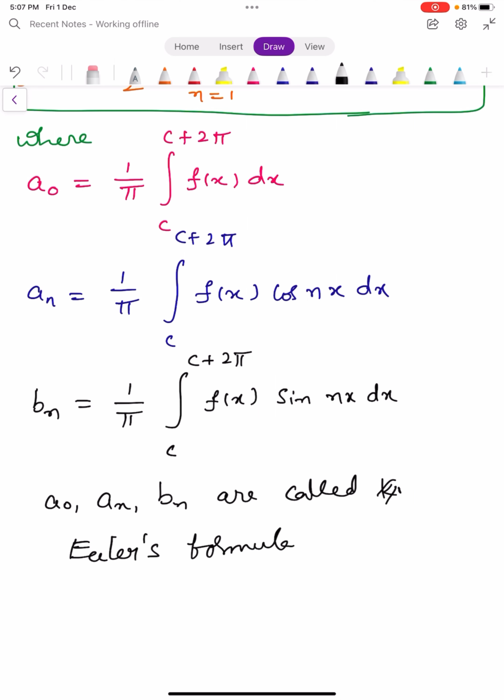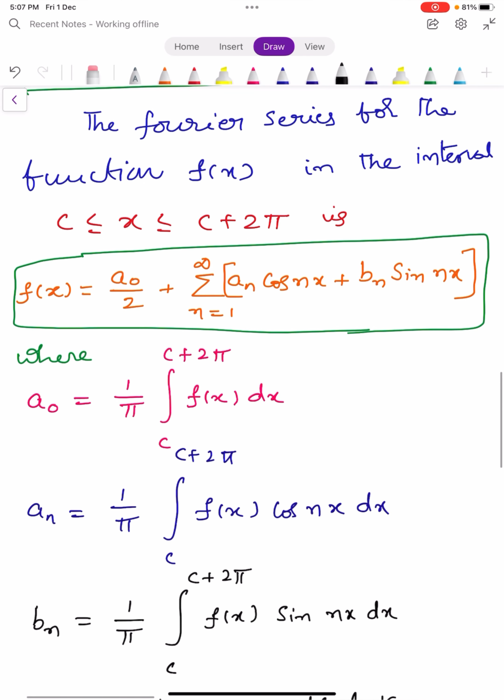Some authors call these Euler's formulas. So I repeat this one. The Fourier series for the function f of x in the interval c less than or equal to x less than or equal to c plus 2 pi. Remember the interval c less than or equal to x less than or equal to c plus 2 pi. This is nothing but the closed interval c to c plus 2 pi, and it is given by f of x is equal to